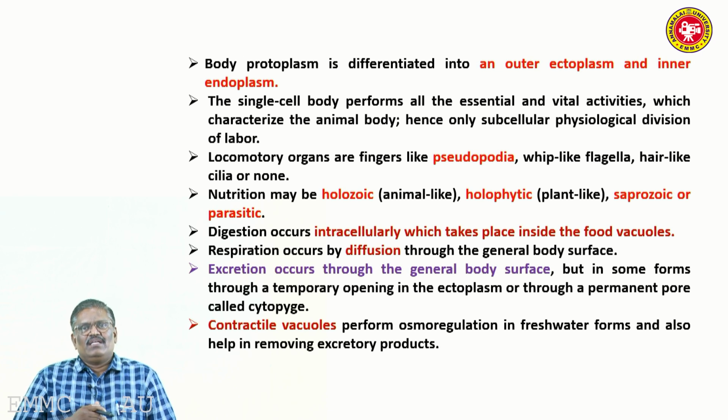The outermost layer is known as ectoplasm, and the inner layer is called endoplasm. The single-celled body performs all the essential and vital activities which characterize the animal body,